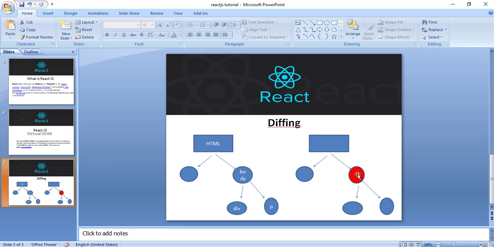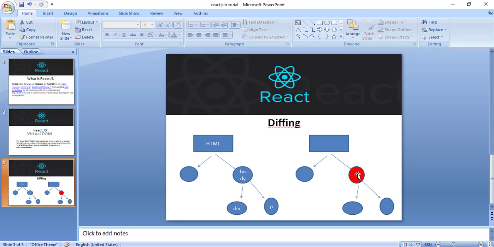So React will create a new tree and keep the previous tree also in memory, and React will compare both the trees, and it will find the best approach to convert tree 1 to tree 2, so that React will use that approach to change the original DOM.